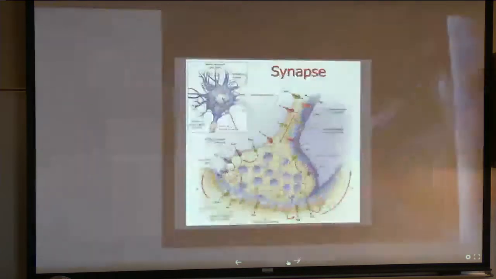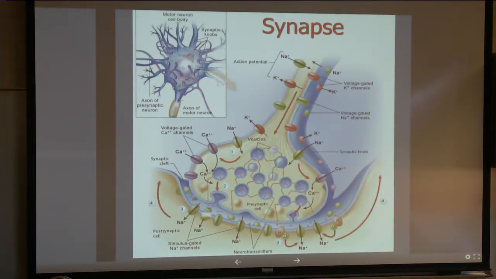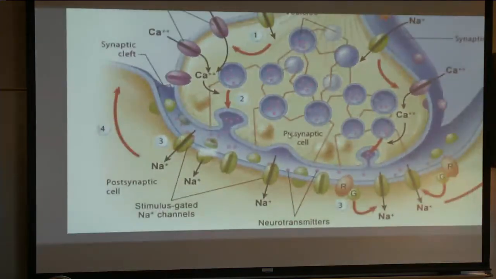If you look at this picture, it is straight out of the book. This is advanced A&P content. It is just showing the synapse up close. It's pretty crazy. There's a lot going on. We can see calcium ions play a role, sodium ions play a role. But here we can see these vesicles are filled with neurotransmitters. They receive signals to get released, and they're going to bind to receptors out here. This is a G-coupled type of a receptor. There's a few different types of receptors you can have,